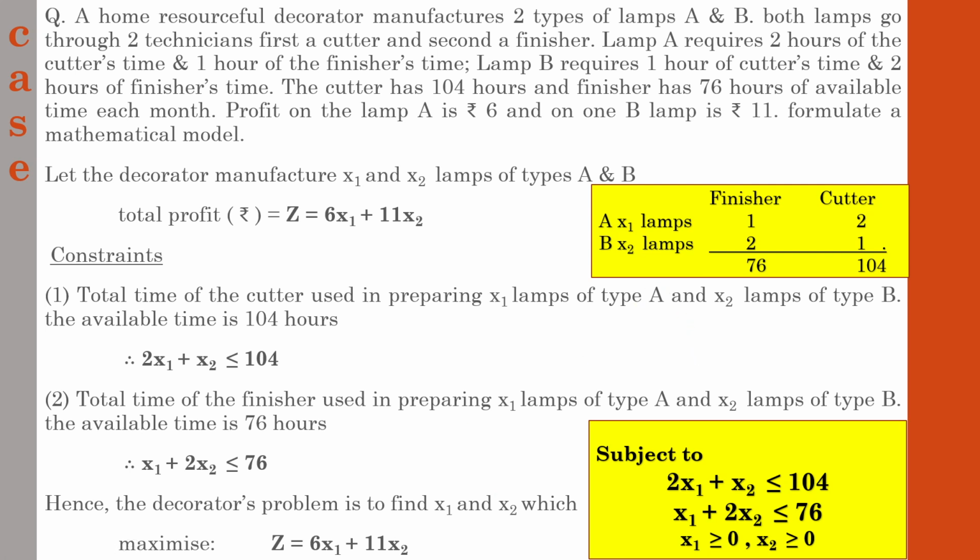It's very easy. Read the question very carefully. Identify the objective function. Extract the data given in the question and identify the constraints. Once you have found the objective function and the constraints, your answer is complete. So this is how you have to deal with an LPP problem where you are asked to formulate a mathematical model. I hope you understand the concept. If you have any queries, please let me know and try to find the answers of the remaining questions stated in your text. Next, let us go to the next part.